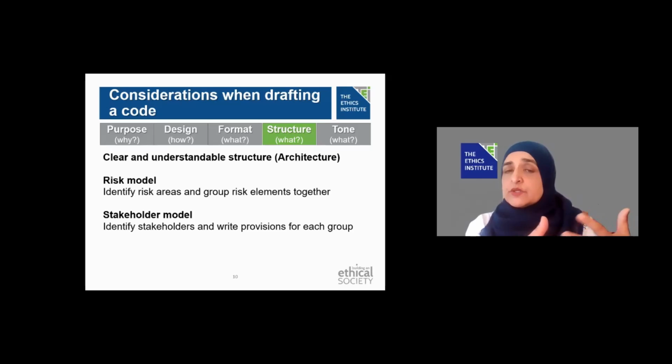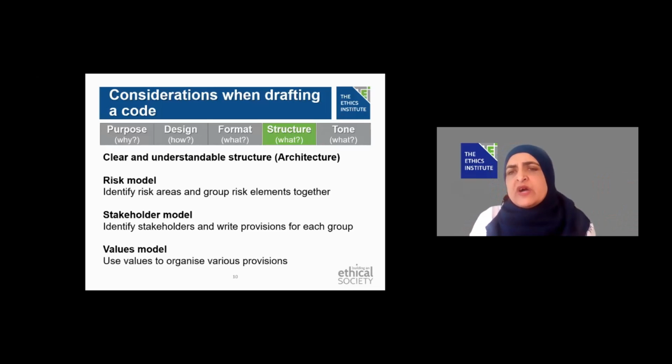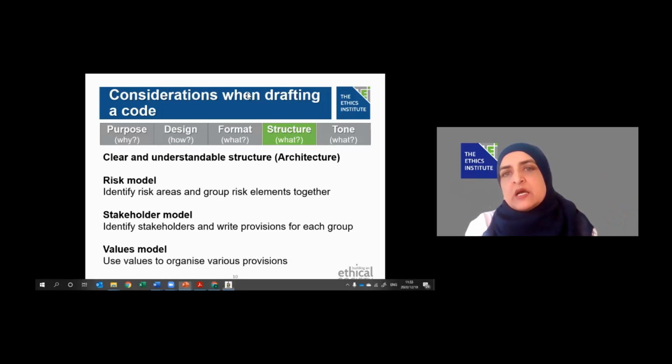One example you could look up on the internet is the Johnson & Johnson Credo. That is an example of a code of ethics structured around a stakeholder model, where as a healthcare service provider, they have said our customers and our clients and healthcare come first. We've organized who we are, what we say we are, around those stakeholders. Then you have other organizations that adopt a more values-based model, where they say, these are our values that we've identified, and we organize our document around our values.